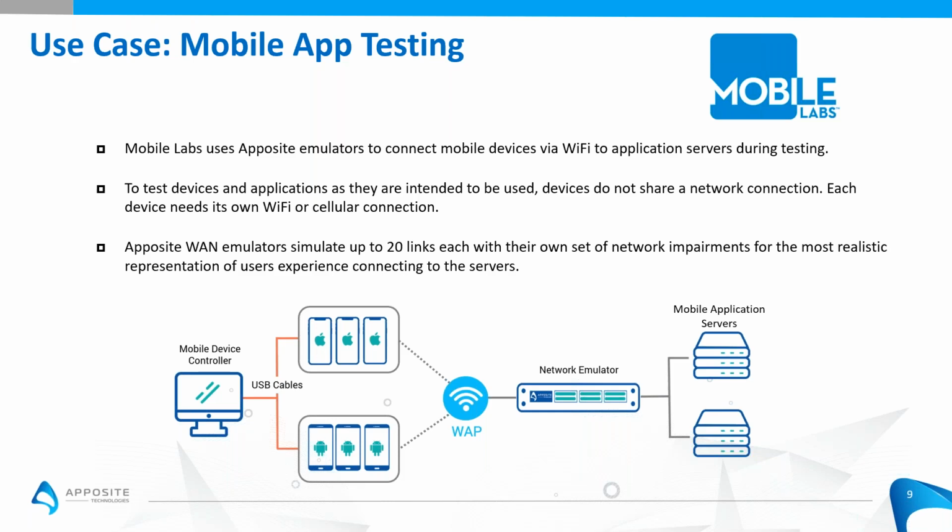What Mobile Labs does is create an enclosure with 64 different devices that are controlled via USB. The mobile device controller that sits in that rack can send commands as though someone is swiping or touching the touch screen. So if you develop an app and you want to test it in a 3G, 4G, or 5G environment, or different types of Wi-Fi environments, and run your tests as though someone is actually using that phone, we're able to give them all those different scenarios right there in their rack.